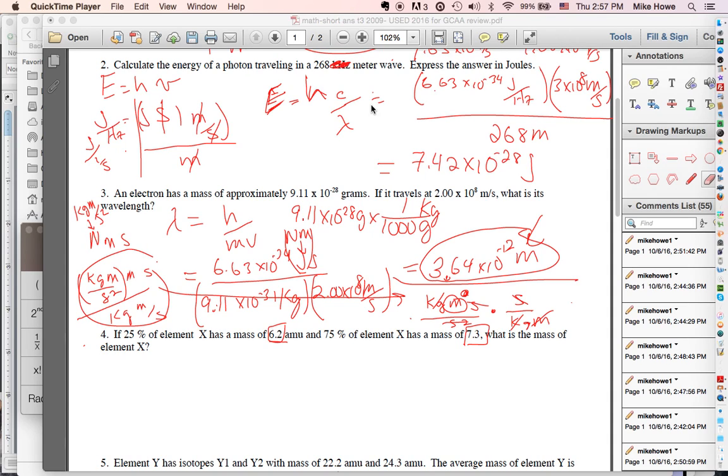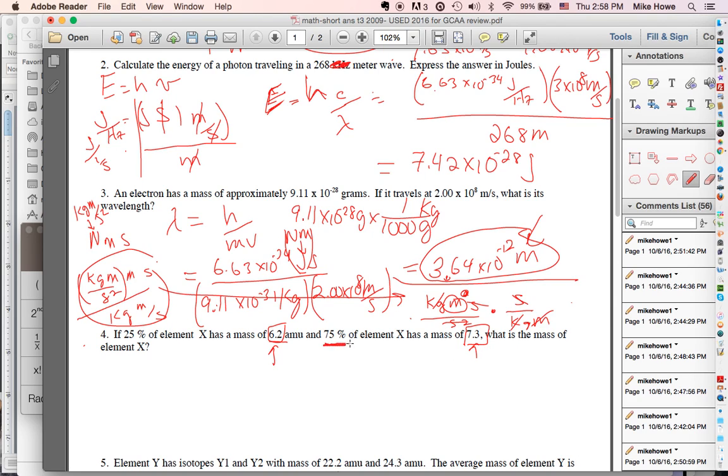Now we're going to take a look at problem 4 and 5, starting with problem 4. On problem 4, we want to find the average of 6.2 right here and 7.3 right there. So the obvious thing is to add them together and divide by 2, but that's not how it works because